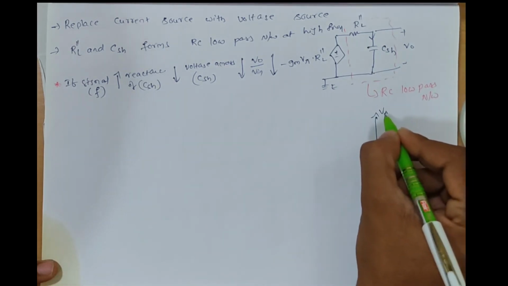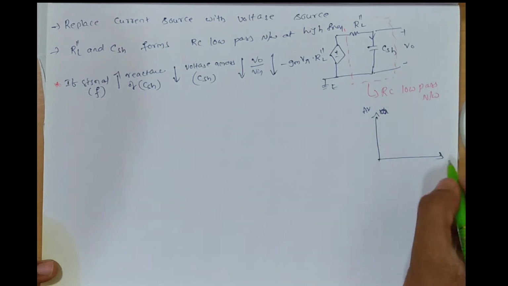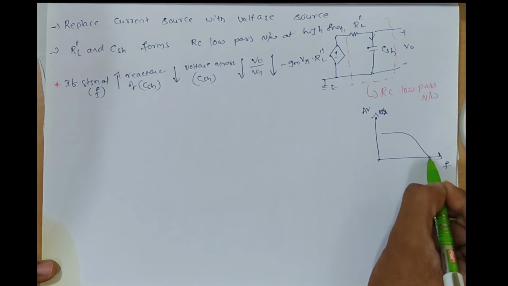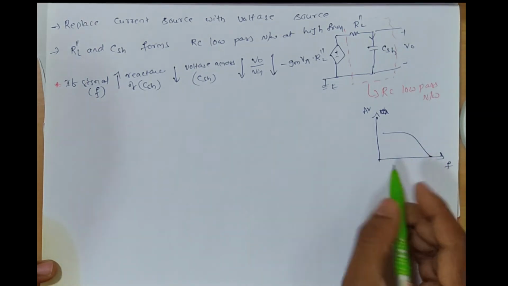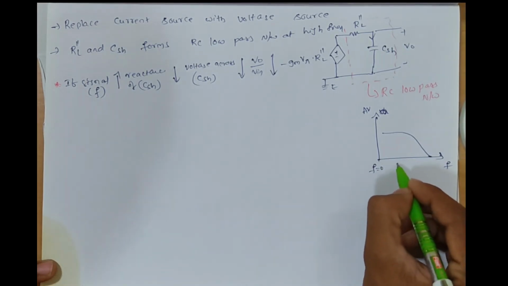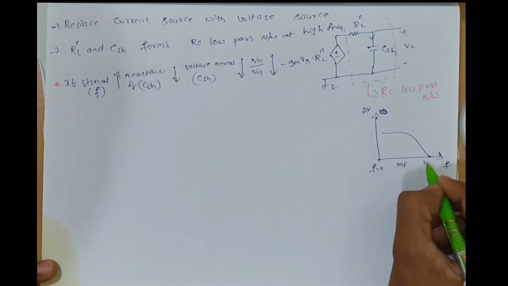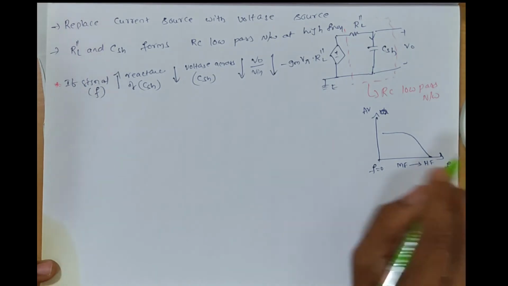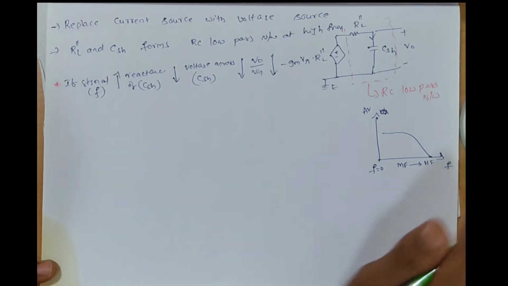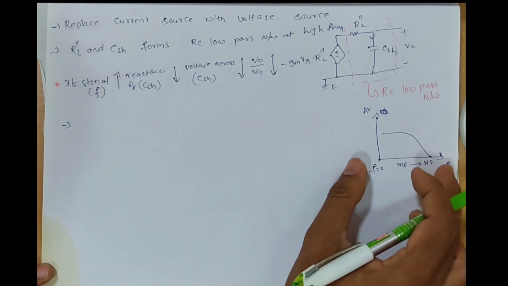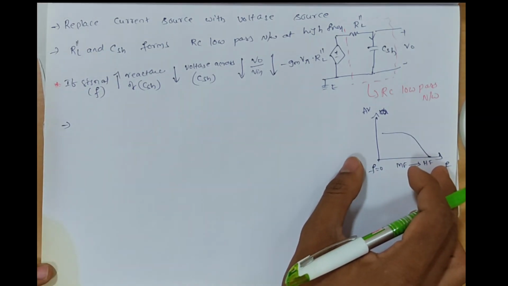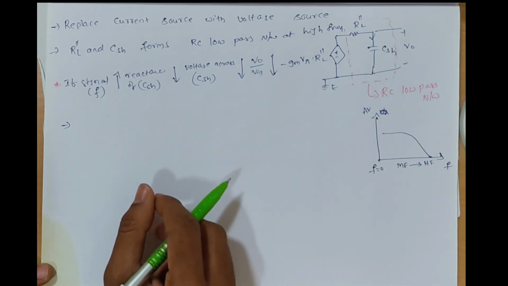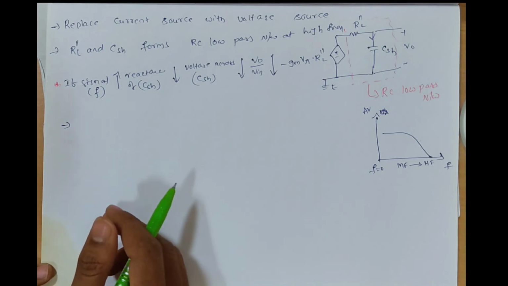This is gain and it is frequency. So by increasing the frequency, voltage gain decreases. Yes. So it is initial F equals 0 and this one is midband frequency and this is high frequency. So when it is moving from the midband frequency to high frequency, the gain decreases. Yes. Thus the voltage gain of RC coupled CE amplifier decreases at high frequencies due to the smaller capacitance such as shunt capacitor or internal capacitance of BJT.